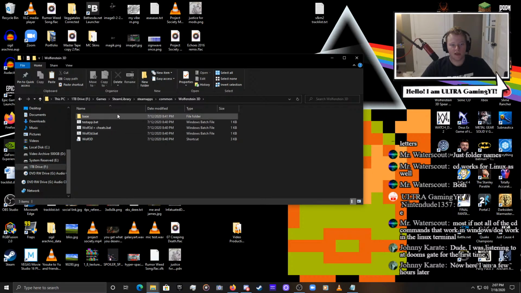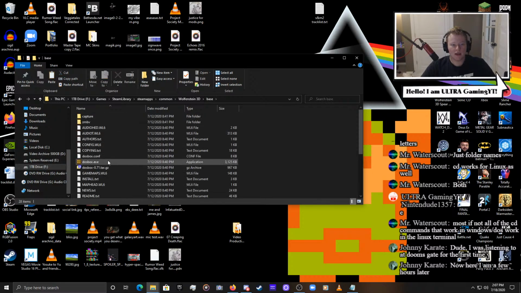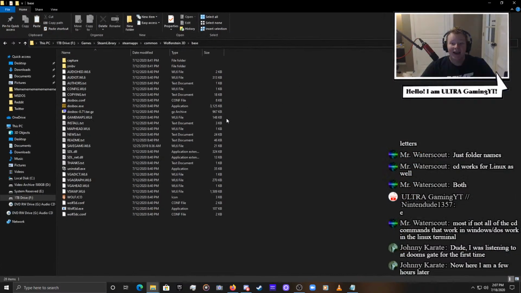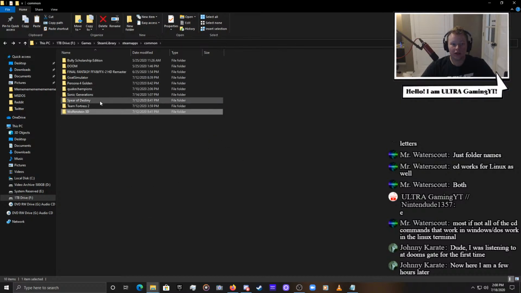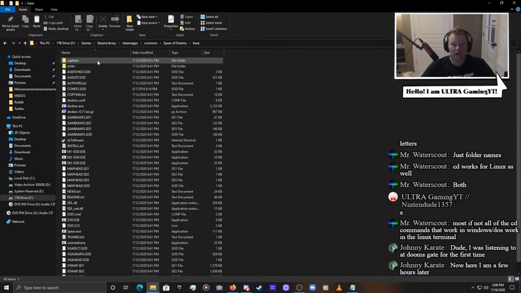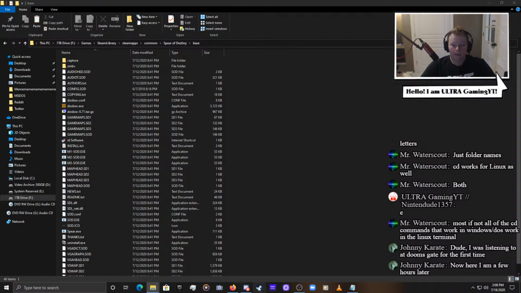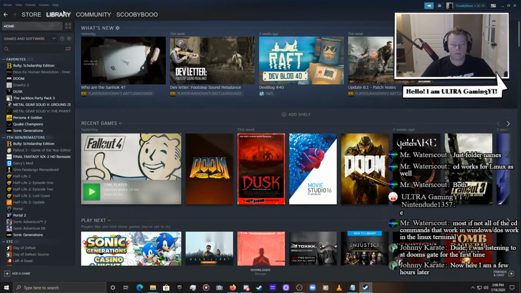Wolf3D.bat, Wolf3D plus cheats.bat, base. It has DOSBox. The official Steam release for Wolfenstein 3D, Wolfenstein Spear of Destiny, and if I load Steam, library,